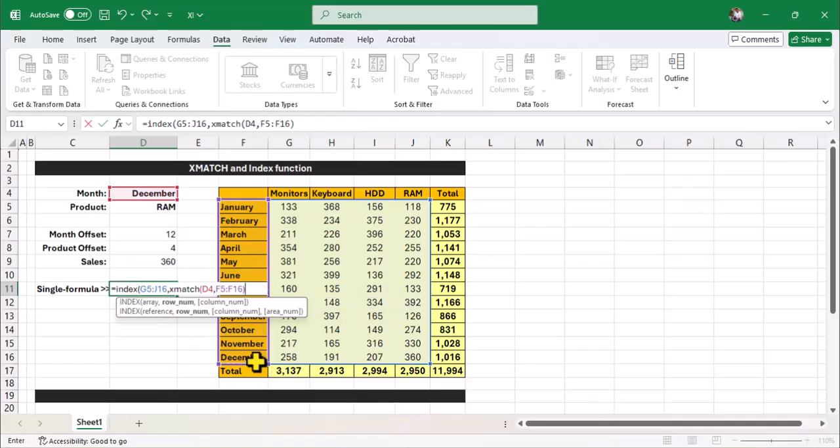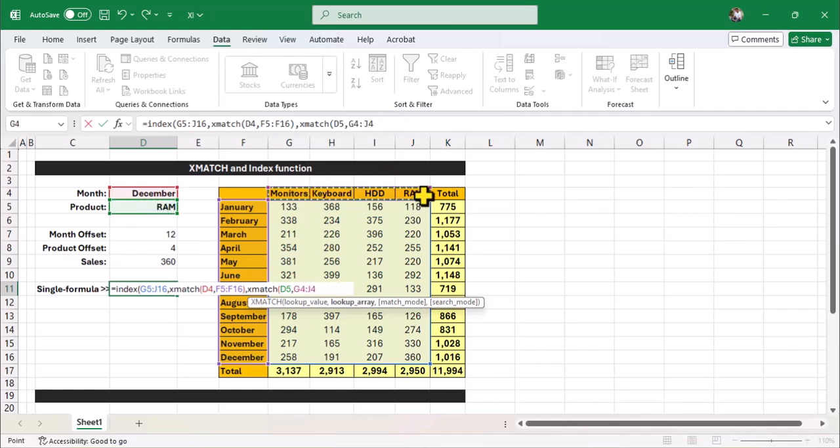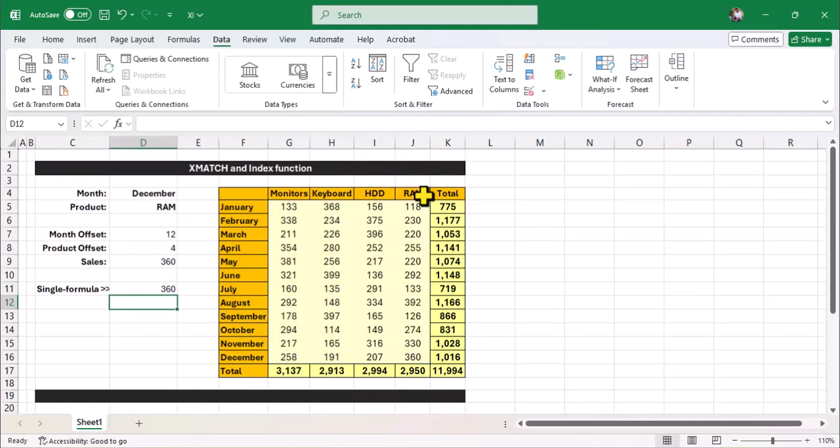This will give me the row number. Then I give a comma. Then I type XMATCH, open parenthesis, what to search, RAM, comma, where to search, over here. This will give me the column number, and then I'll close parenthesis and I'll get the result, that is 360.